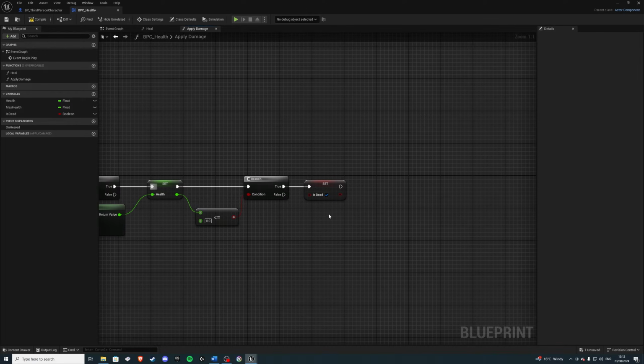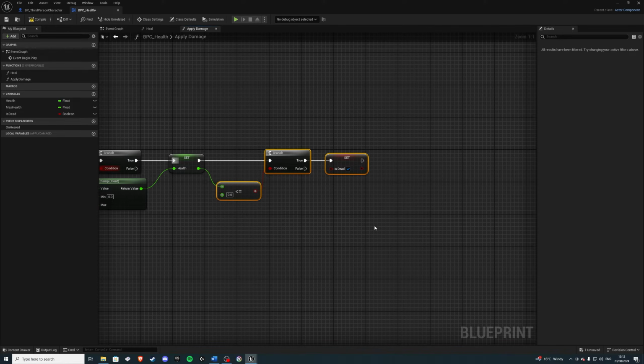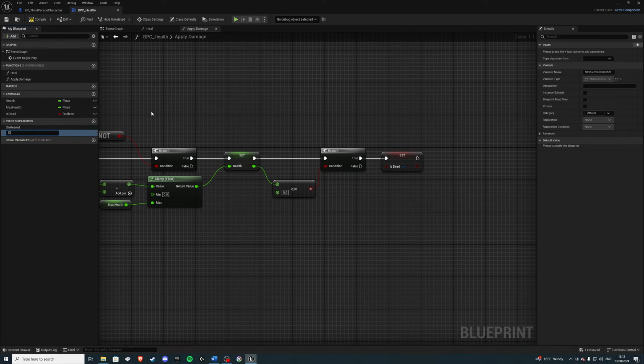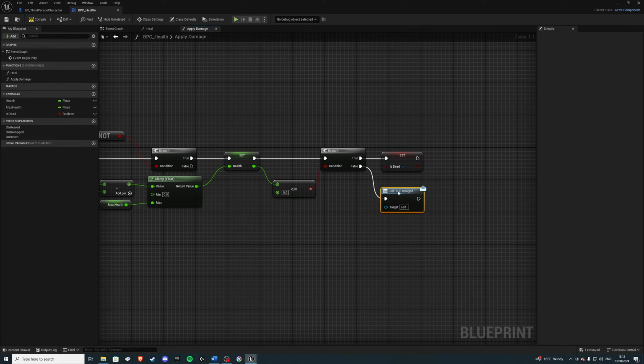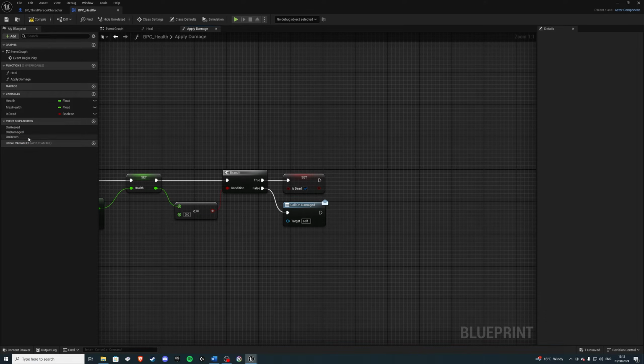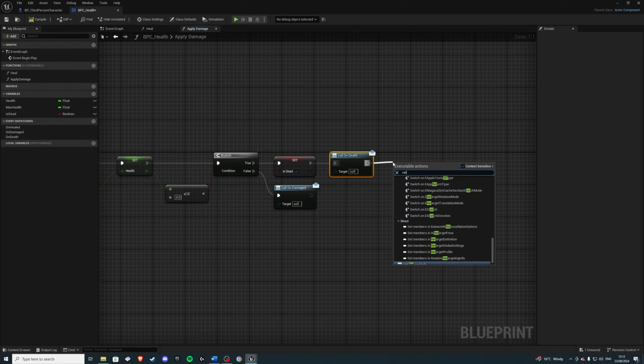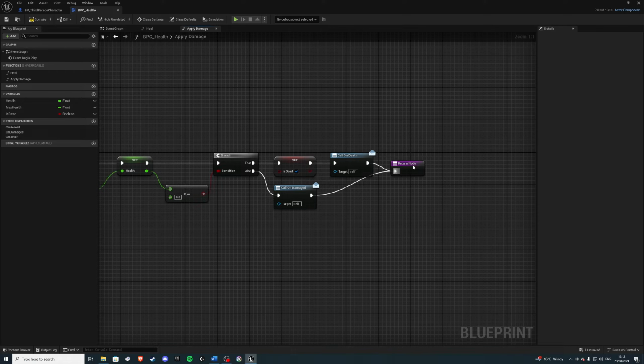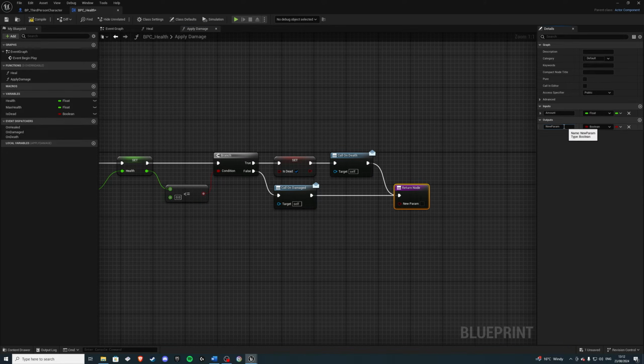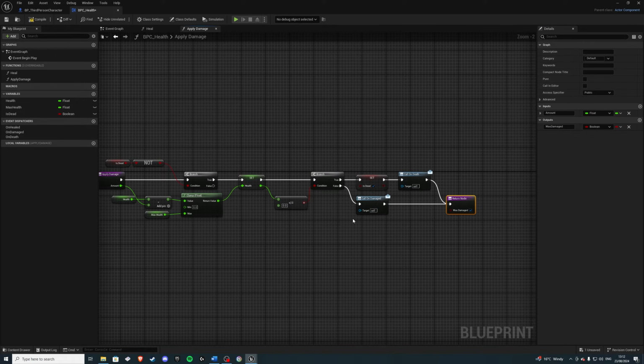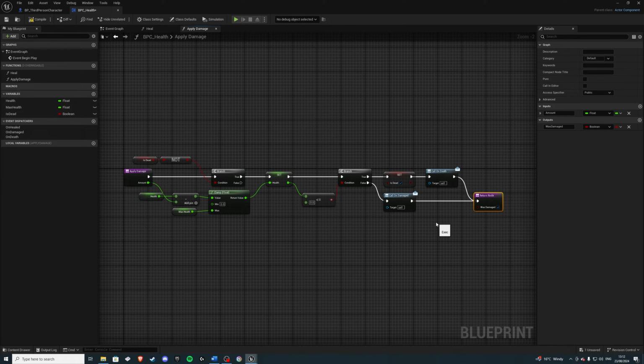In that case, we also want event dispatchers to notify us, have we taken damage or are we dead? So in this case, we'll add on damaged and we'll do on death. Now on damaged is going to go into false, so call that there. And if we are dead, we'll just call it there like that. At the very end, we want to go into a return node and we want to know, have we been damaged? So like we had before, was damaged, and we'll take that to true. Okay, right. So with that,